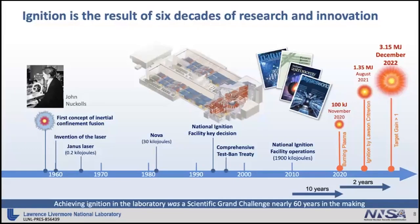This is not the question, but how much electrical energy does it take to get a joule of laser energy? 300 megajoules. I will get to that. 300 to 400. So it's important to point out that...